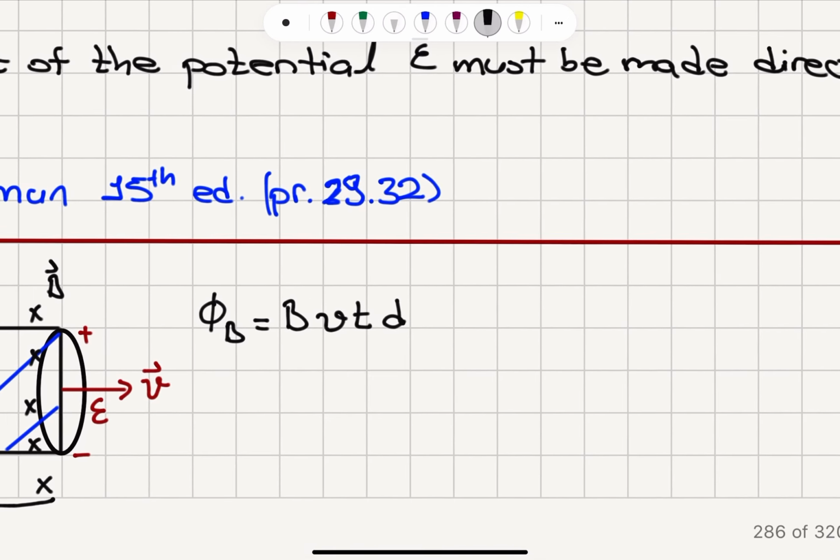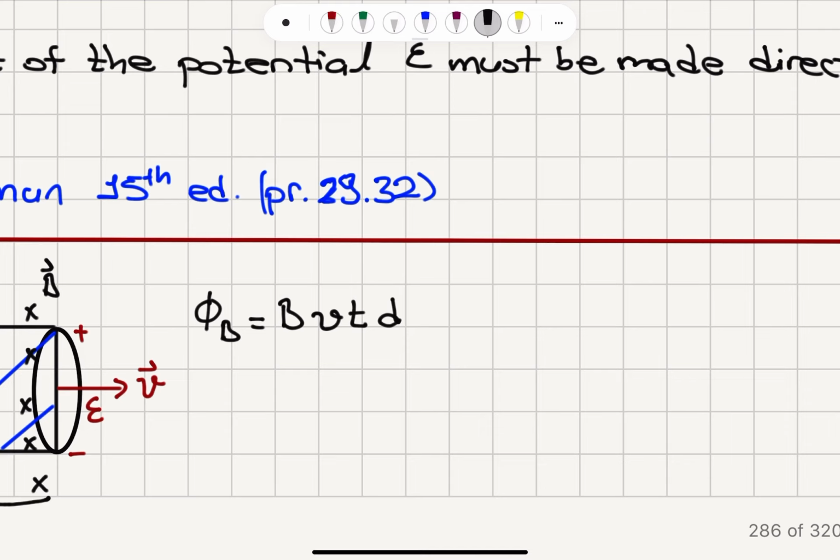So if I write d phi B dt, the rate of change of flux, it is BVd. So basically the time derivative will get rid of this t, and since the magnitude of the EMF is going to be equal to d phi B dt,